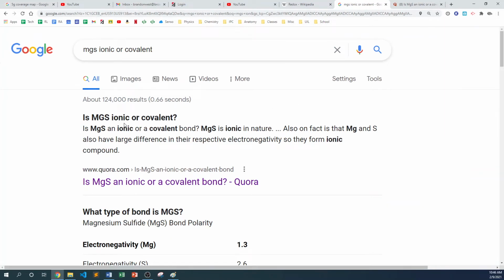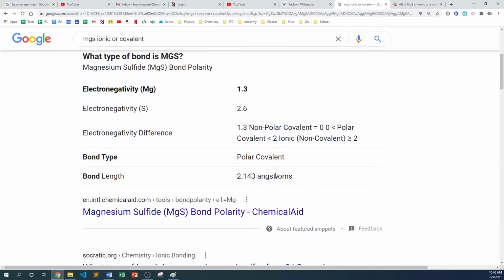So is magnesium sulfide ionic or covalent? Someone went up, found the values we got, and said that it is actually ionic. But then if we actually look up the official chemical nature, it tells you that the bond is actually polar covalent. They actually use the more correct values